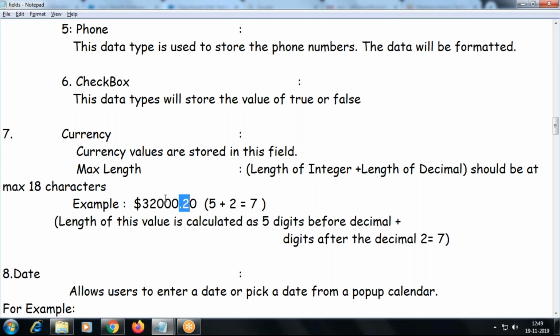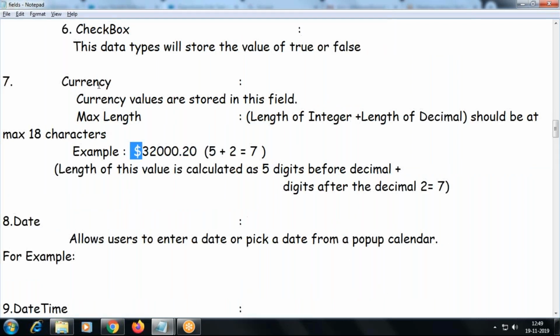Altogether it's going to be 18 digits. When the symbol is prefixed, what type of organization are you, single currency or multiple? Single currency, right? When you enable multiple currency, this will become an abbreviation, USD, INR. So in either case, it will format the display, whether abbreviation or symbol.